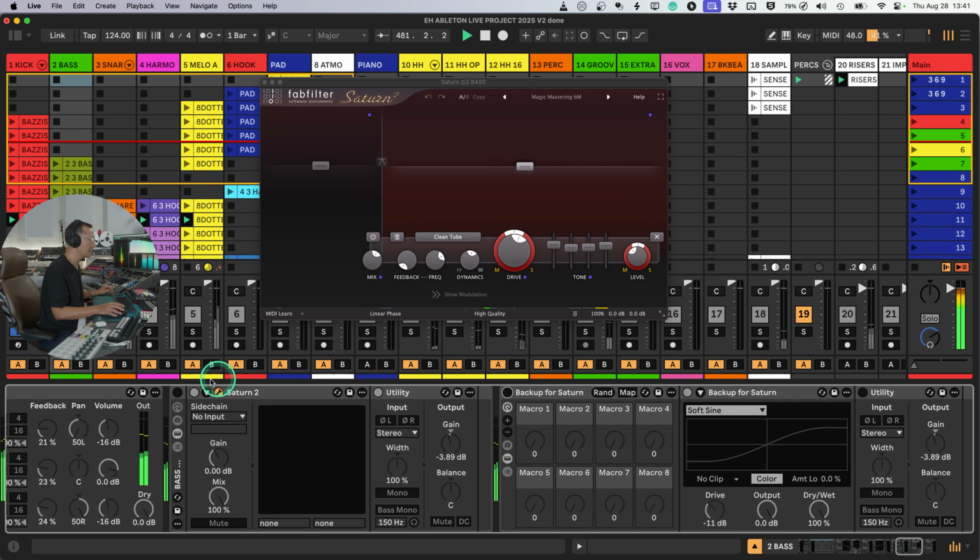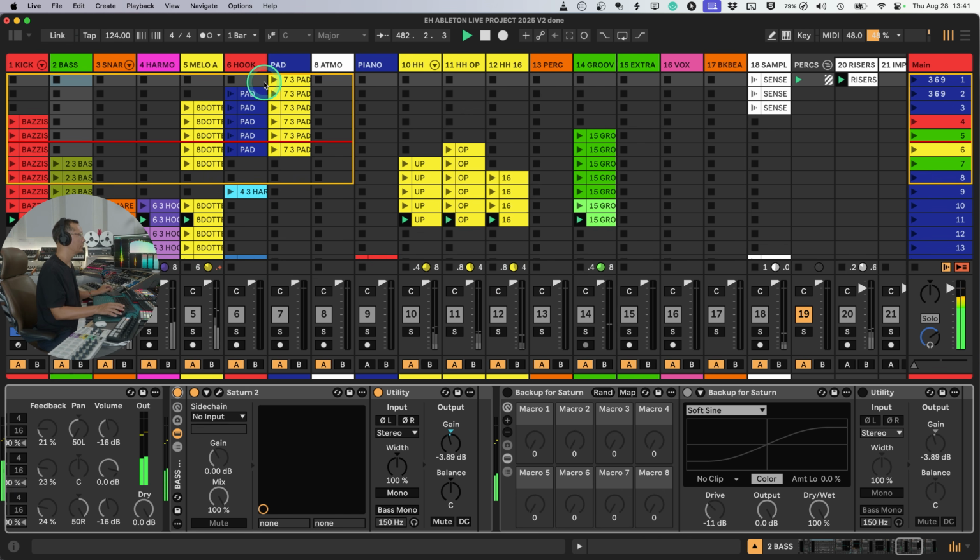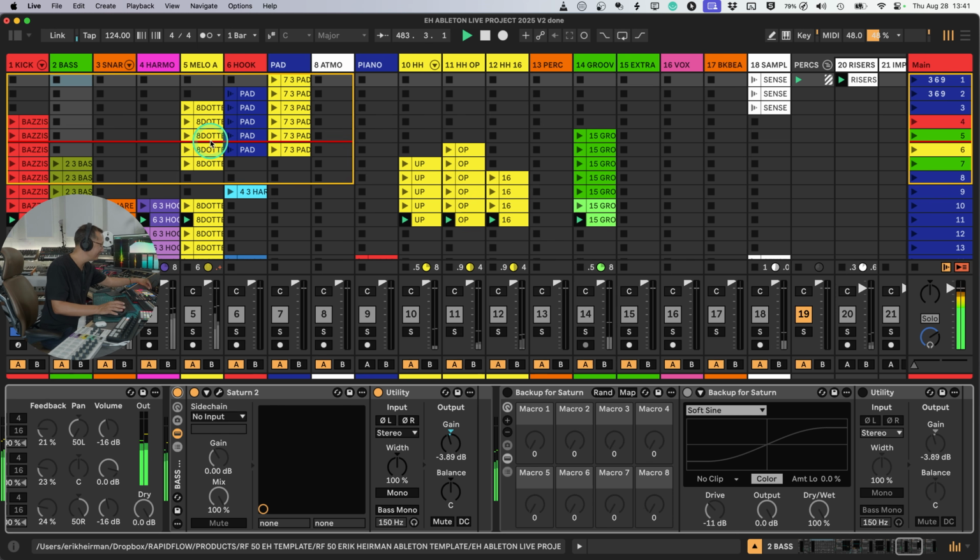So a lot of this stuff is backed up with native Ableton Tools in case you don't have it, but having a little bit of saturation on your bassline is like the easiest way to get your bassline to cut through the mix without EQing it, which usually makes it sound artificial and weird, or without bringing it up to the level where it starts to overwhelm your low end. So